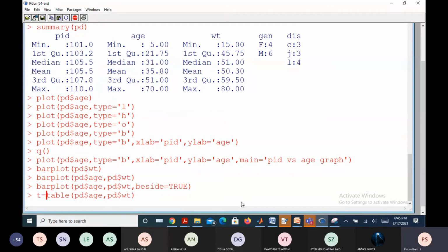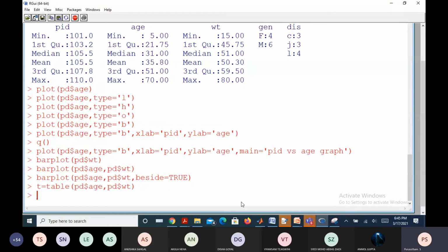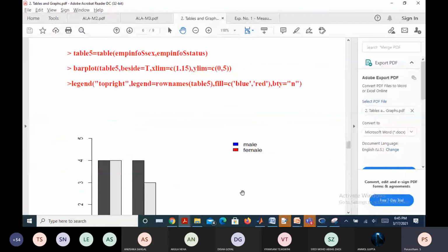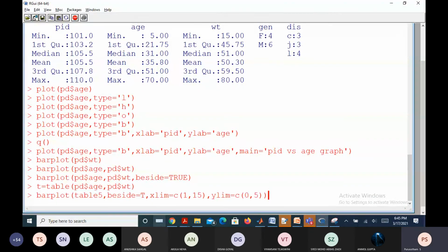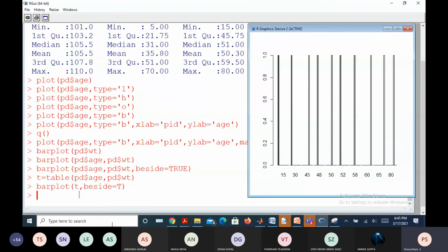This is assigned to some T. Now I'm going to take this syntax, so I need not specify the x and y axis limits. Instead of the table variable, I am supposed to go with the T variable. This is the outcome I got now.